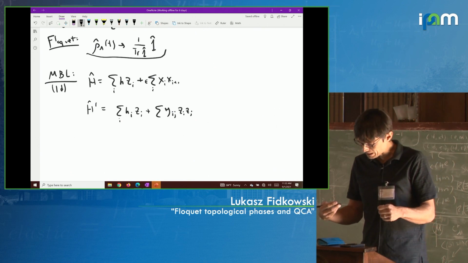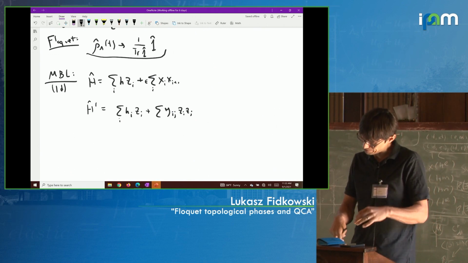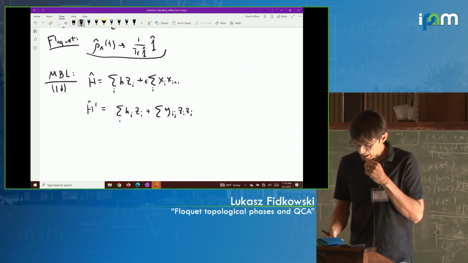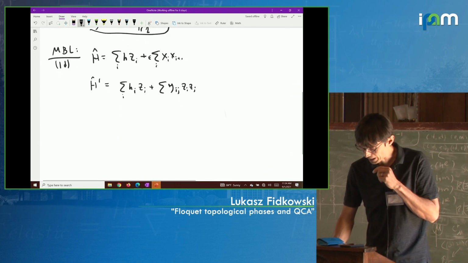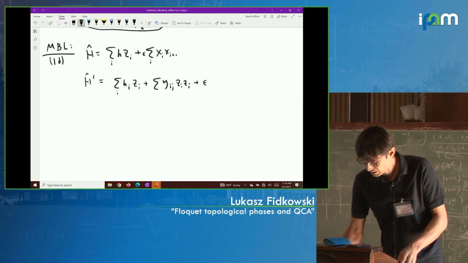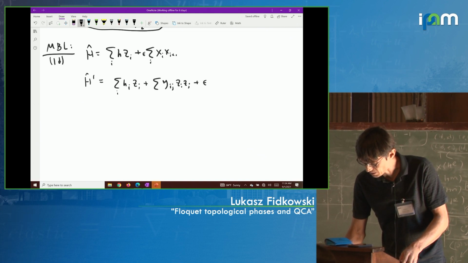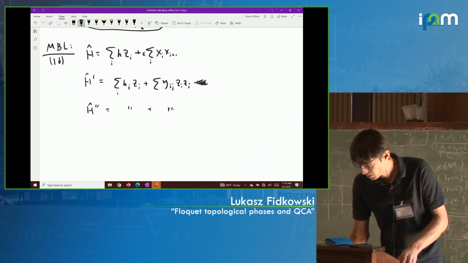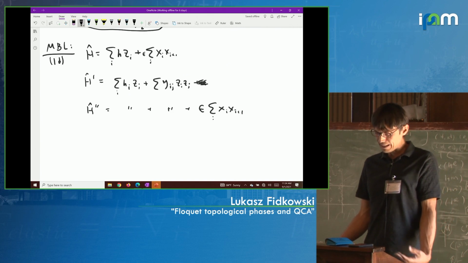believed to be robust. Well, okay, so for this particular case, I think there's a proof, but there's a more general statement, where it's just kind of a belief that this is robust to adding in perturbation. So for instance, now if I add in this perturbation, let me actually write a new Hamiltonian H double prime, which is these two terms, plus the same perturbation which doesn't commute with these local conserved quantities, Xi plus 1. Okay, so now I added in this perturbation.